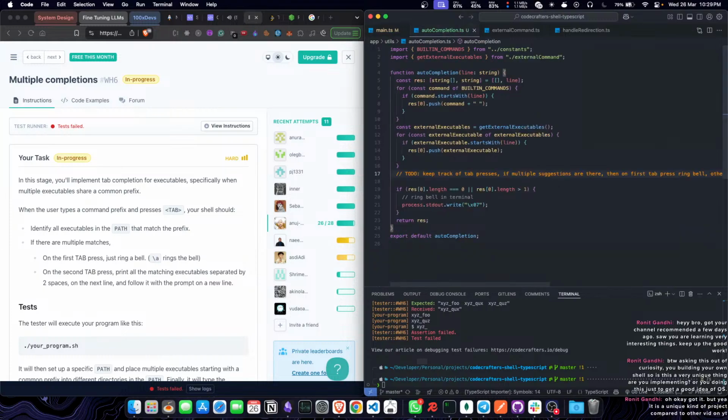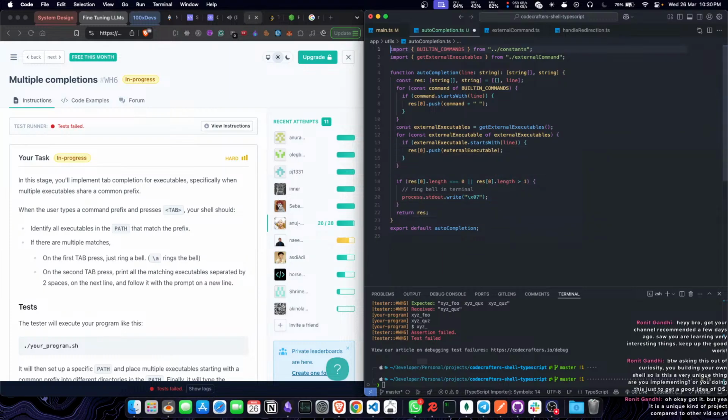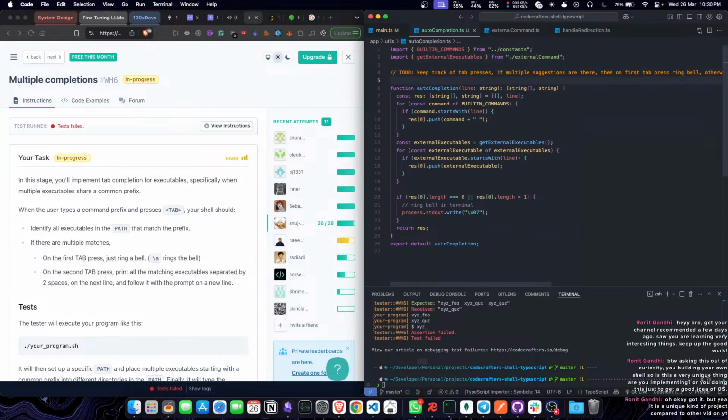Interesting. Condition notice. To keep track now, it's one thing. I'll move it to top. Now how can we